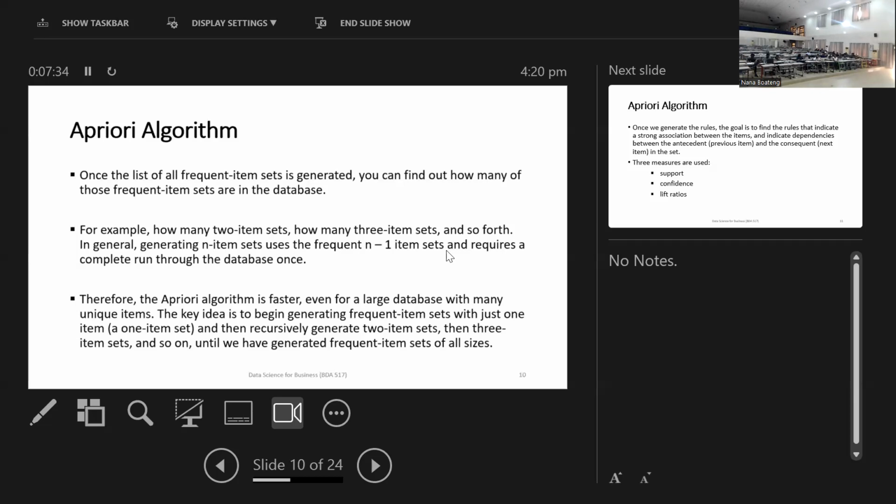If you look at one item set, let's say peanut butter, look at how many times it appeared. If you look at two item sets, how many times do they appear? If you look at three item sets, how many times do they appear? And if you look at four items,